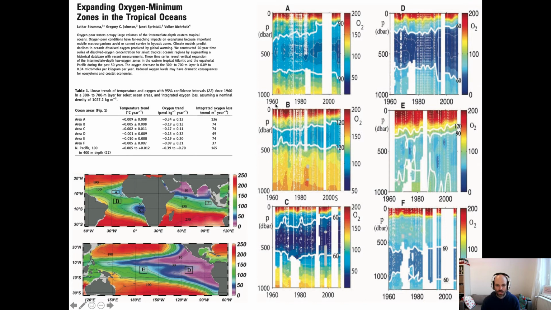And you can see that from 1960 to the present, it seems like the degree to which these oxygen deficient zones are deficient in oxygen, so the concentration of oxygen, seems to be decreasing, so more blue colors means less and less oxygen. And the depth over which you find the oxygen deficient zone seems to be growing in at least most of